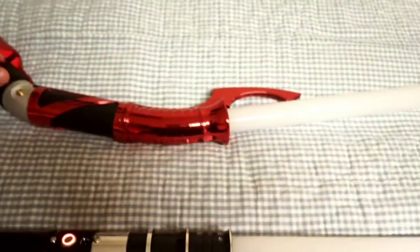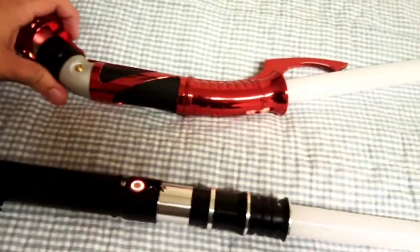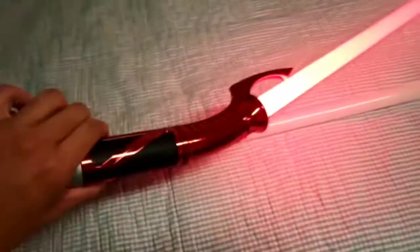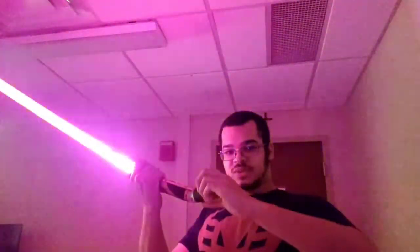Okay, not to sound pessimistic, but upon further reflection, maybe more like an A-, because holding this button and trying to do the gestures here is really that much of a pain in the ass. For example, suppose I'm trying to do a force push. I gotta hold this down and... I think that just became a stab. I gotta hold this thing down and twist. So, suppose I'm trying to do a gesture with that. What do I do? Okay, not that. Once again, still blaster. Choose blade color. Son of a bitch. See,